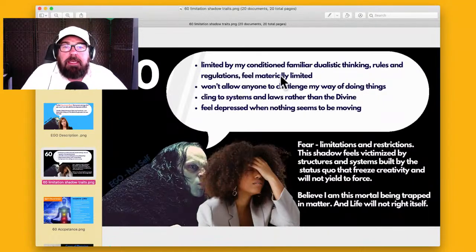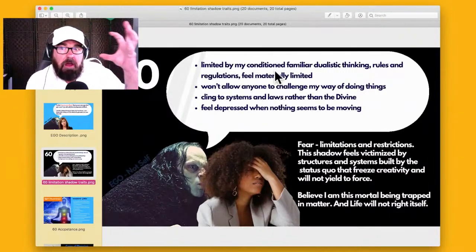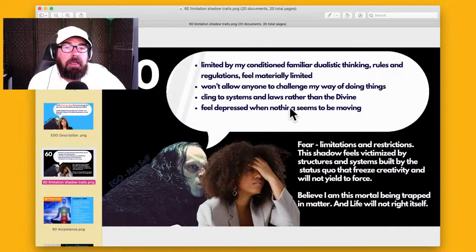Or feeling materially limited. That's a big theme on the planet, feeling materially limited, right? Like you just don't have enough. And as soon as you say that, like I don't have enough money, I don't have enough resources, I don't have a car, whatever, it's not enough. What you're really saying is, I'm not enough, which is my spirit, my soul isn't enough. And you're more than enough. That's the source, right? This is all about the mind, breaking out of the limitations of the mind.